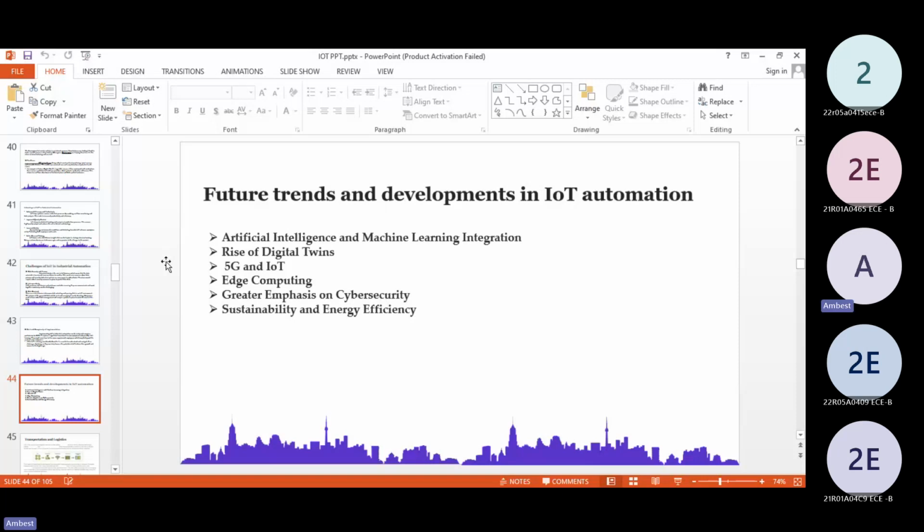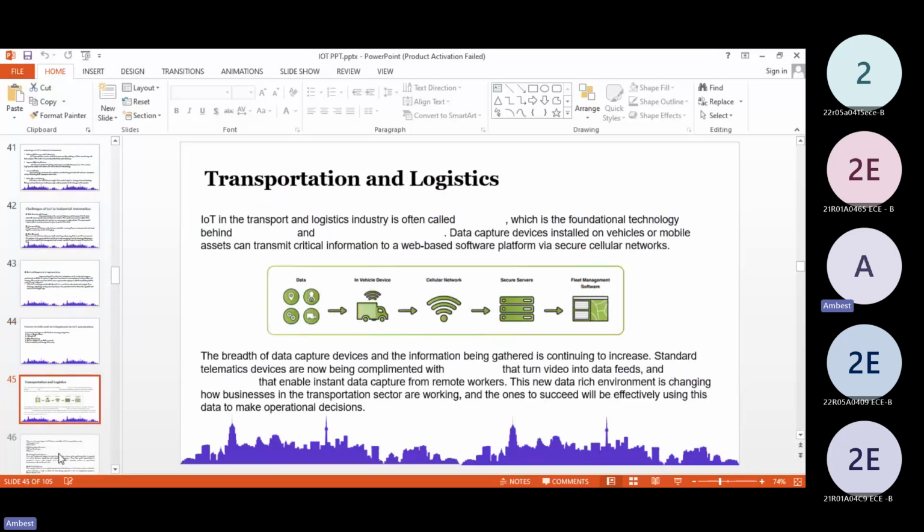Greater emphasis on cybersecurity, sustainability and energy efficiency. We have really had an attachment towards cybersecurity and energy efficiency and so on. And then coming to the next application, which is transportation and logistics. So coming to transportation and